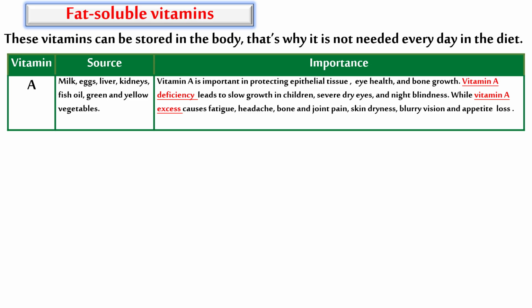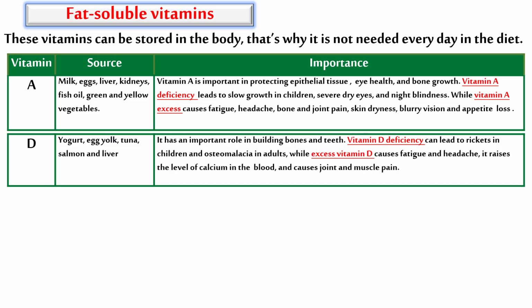Vitamin A is important in protecting epithelial tissue, eye health, and bone growth, whereas vitamin A deficiency leads to slow growth in children and severe dry eyes, while vitamin A excess can cause fatigue, headaches, bone and joint pain. Another example of fat-soluble vitamins is vitamin D, which may be obtained from yogurt, egg yolk, tuna, salmon,